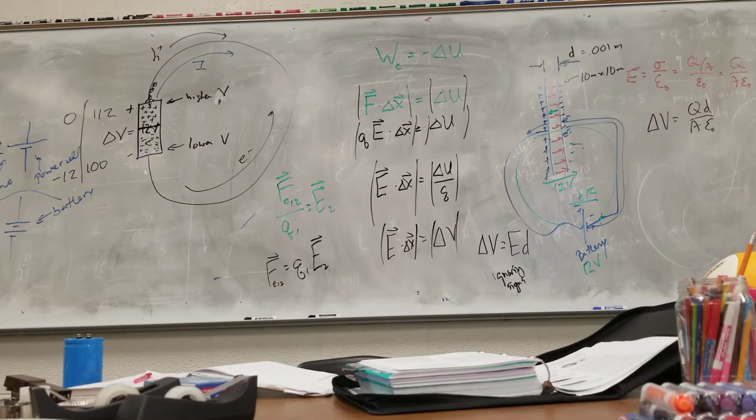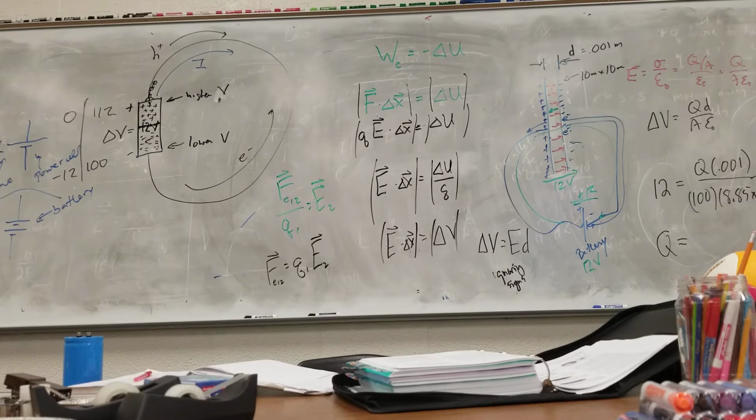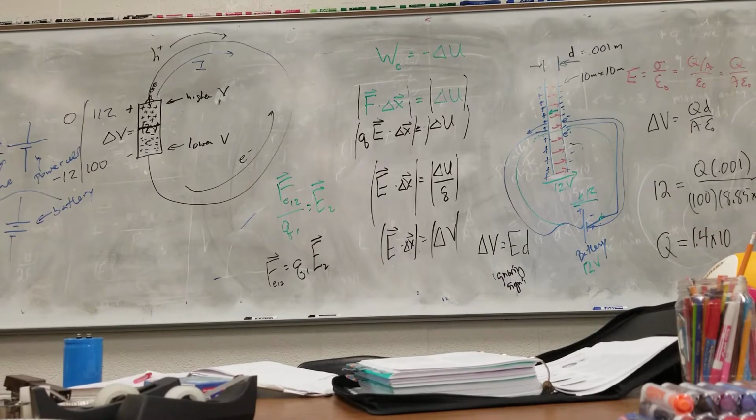We can calculate the amount of charge on it. Because I know the potential drop or gain, depending on which way you're going, is 12 volts. That's going to be equal to Q times 0.001 divided by 100 times 8.85 times 10 to the negative 12. Whatever that is, be roughly 1.4 times 10 to the